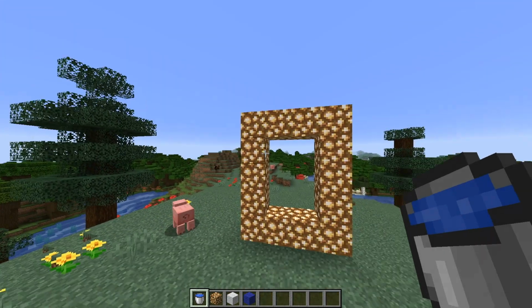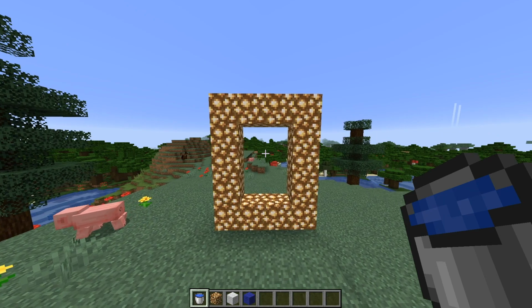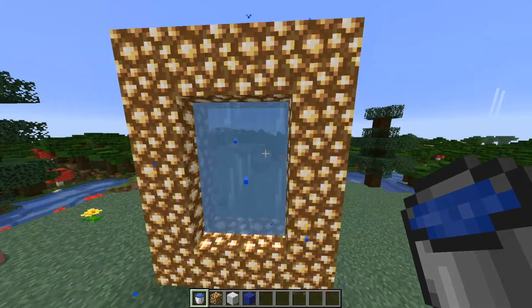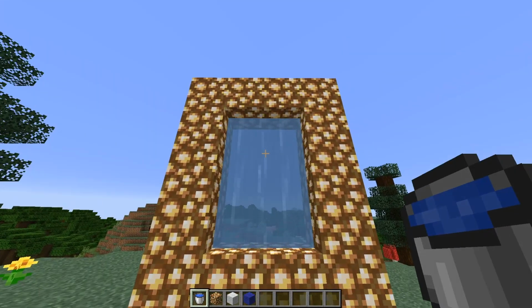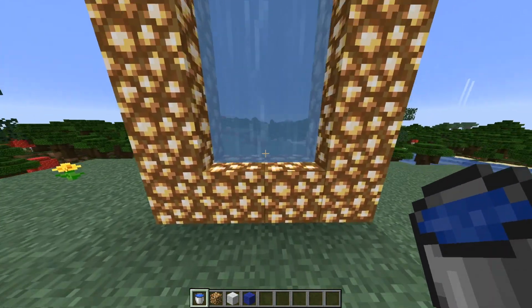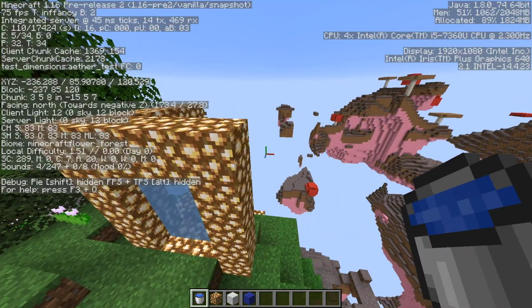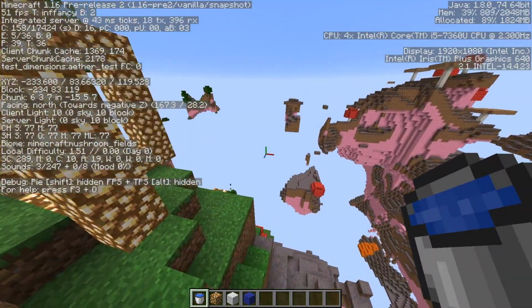So as you can see here, I basically recreated the Aether portal. I have a glowstone portal the size of a normal nether portal, and now if I place a water bucket inside, it will summon the water looking Aether portal, and if I step inside of it, it transports me to another dimension. And if I hit the F3 menu here, you can see that in the top left corner